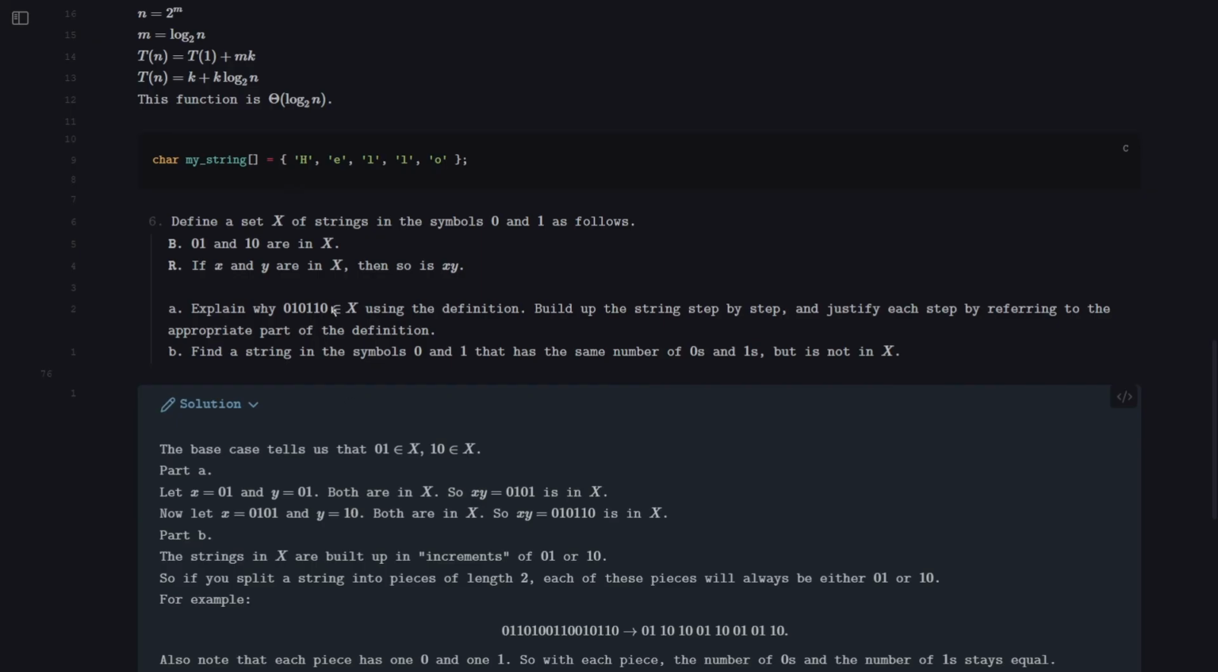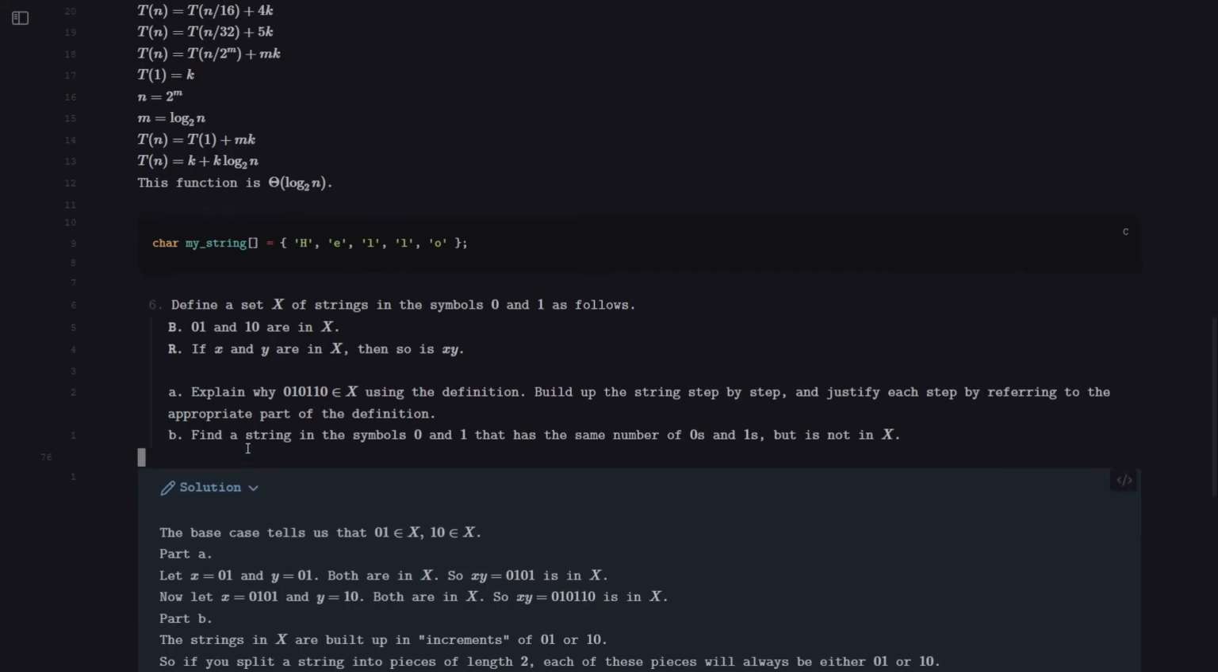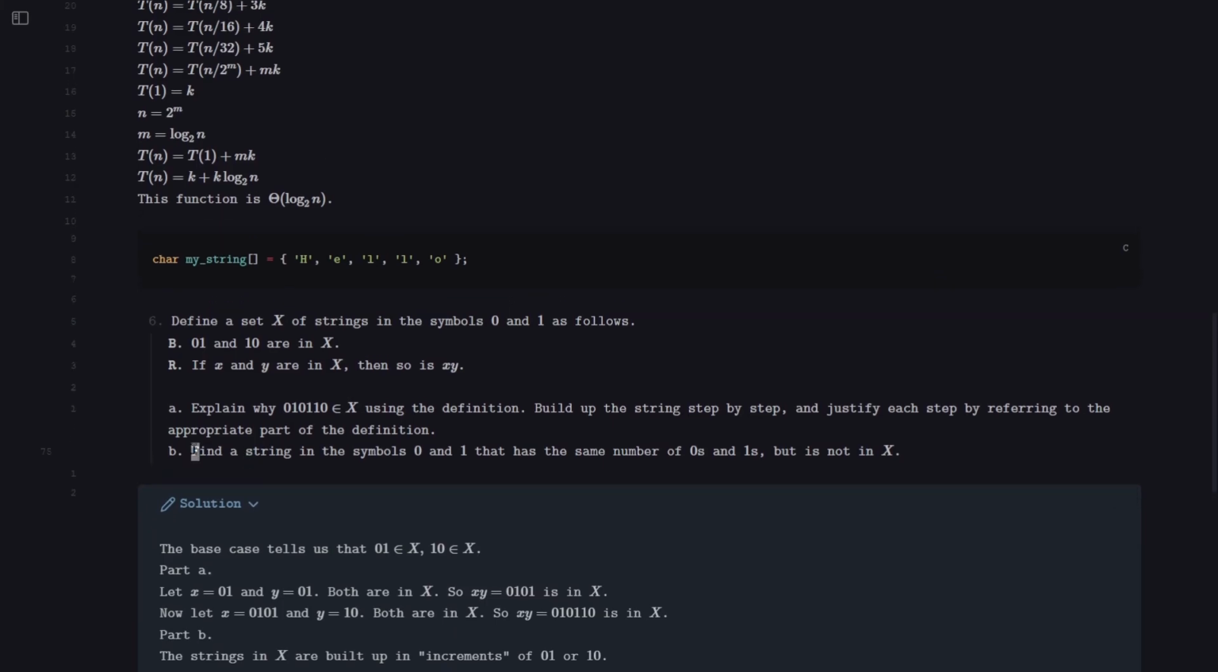Y equals 1, 0, because of the definition saying that 1, 0 is an x, and 0, 1, 0, 1 is an x because we just showed that. Therefore, the concatenation of x and y here, which is 0, 1, 0, 1, 1, 0, is also an x. That's done. Now, the second part of the question says, find a string in the symbols 0 and 1 that